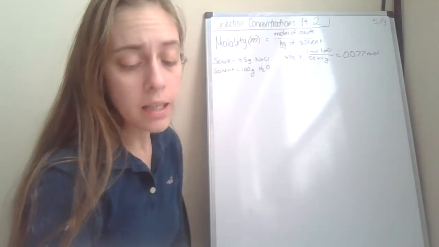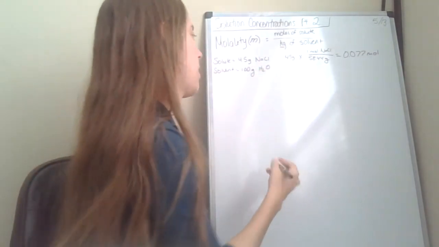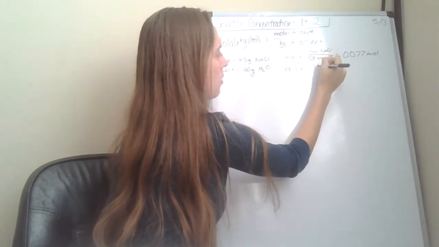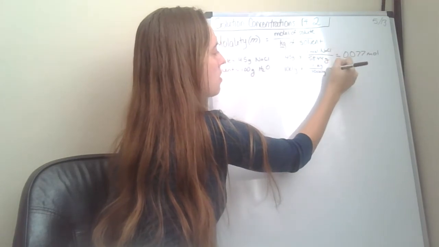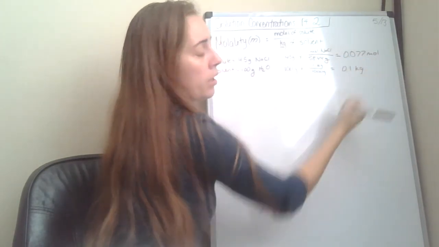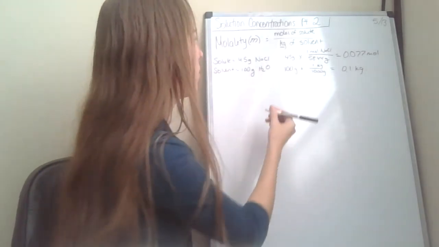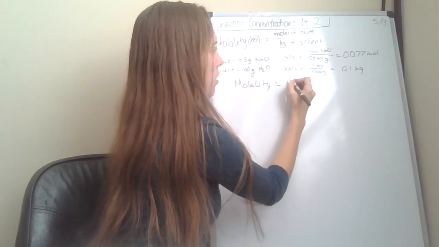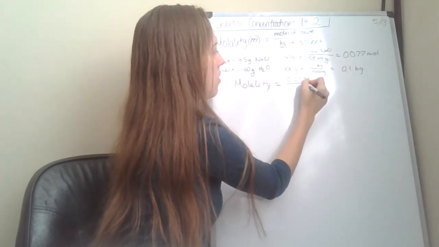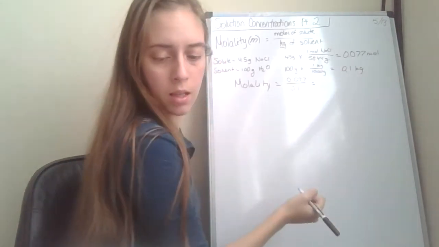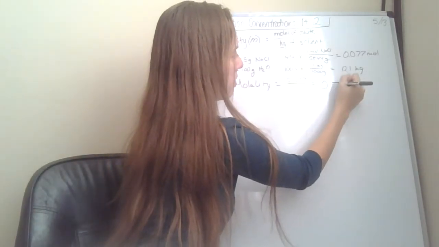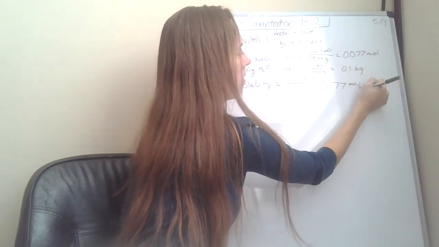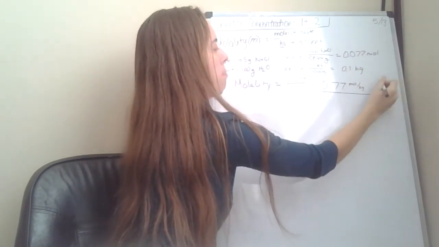All right, now we know that this has to be kilograms and that's grams, so we have to convert that down here too. 100 grams times 1 kilogram over 1,000 grams is 0.1 kilogram. Now we have everything we need to plug it into our equation. So molality equals moles, 0.077, over kilograms, 0.1, which gives us 0.77